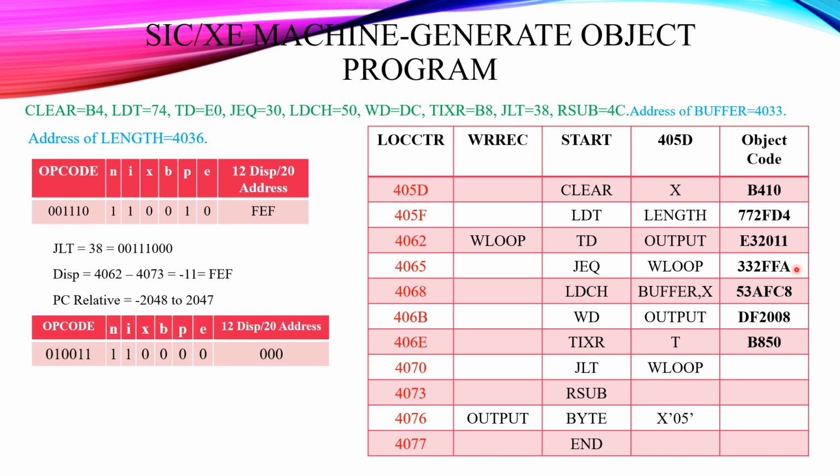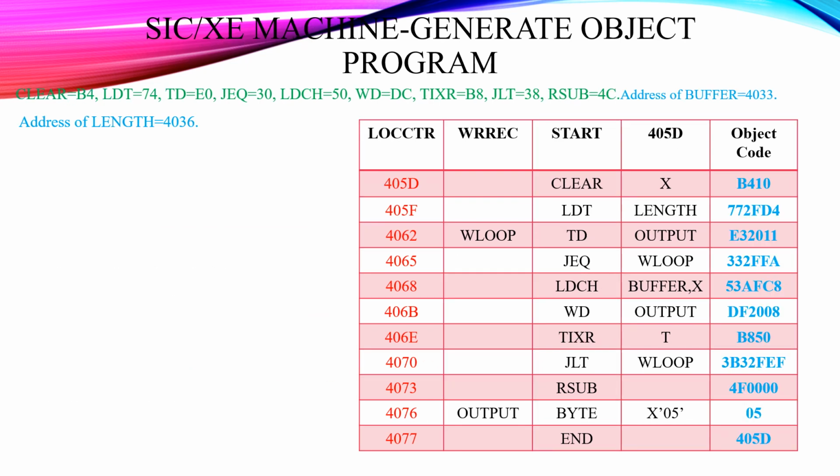And the next instruction is RSUB. RSUB is a format 3. RSUB is given as 4C. We need to write it in binary form. So 4C is 0100 1100. It is 6 bits, so we need to write only 6 bits here: 010011. We are not using any immediate or hash symbol, so the N and I bits will be 11. No registers are used, so X is 0. Then the B and E values will be decided based on that. Now we have found all the object codes for the instructions.